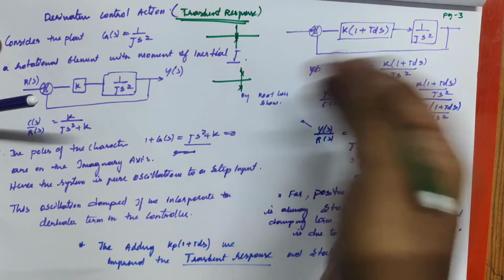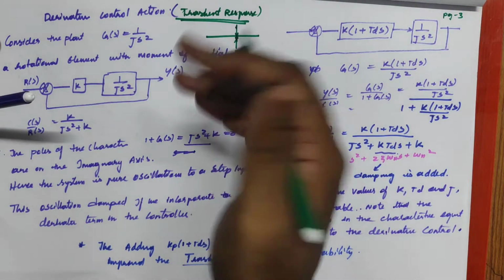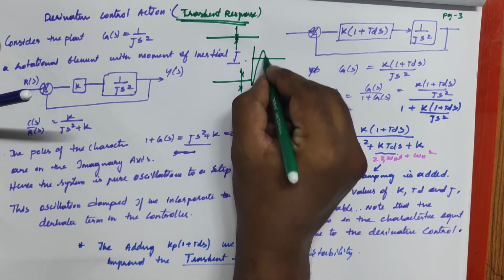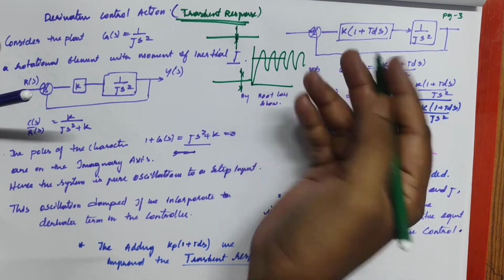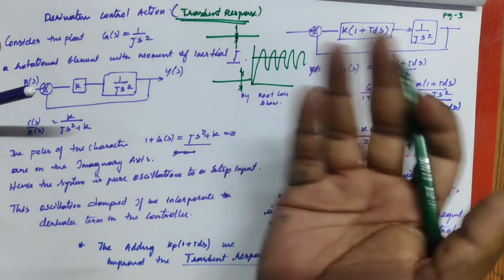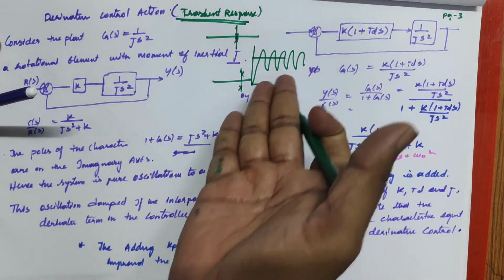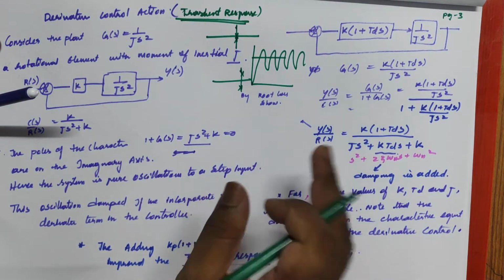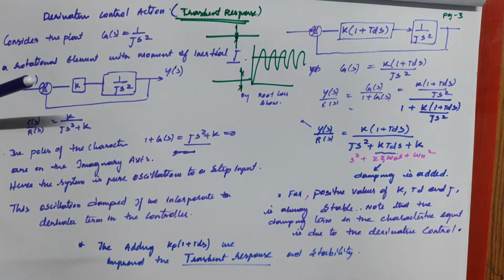So it will always have oscillations, so we have to improve something. Always oscillations means the transient response is weak. There is no settling time, nothing. So you have to include something called damping in the system. To acquire the damping for this system, we have to incorporate the derivative term.